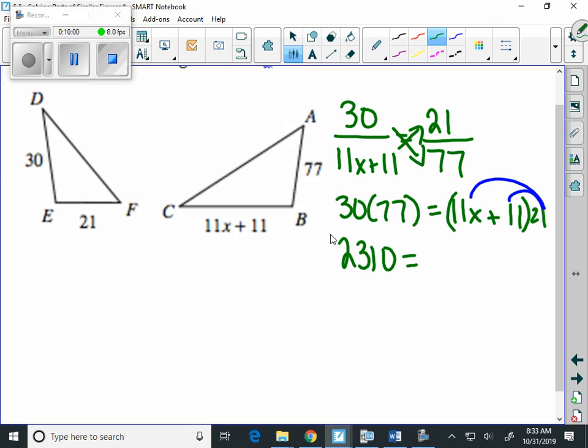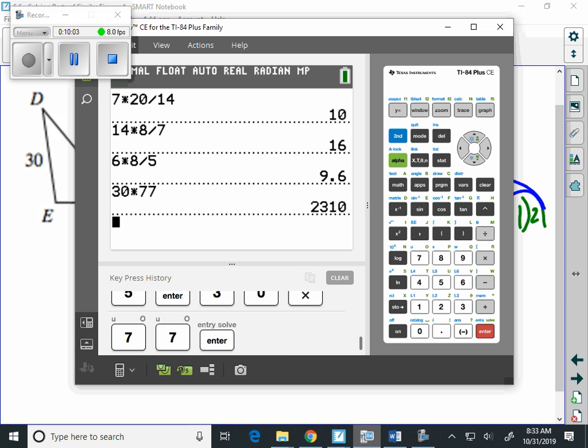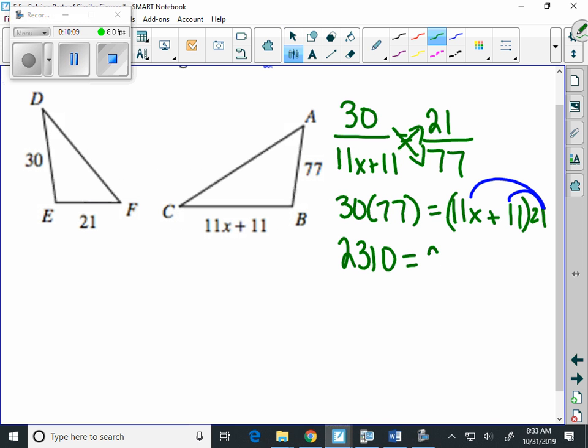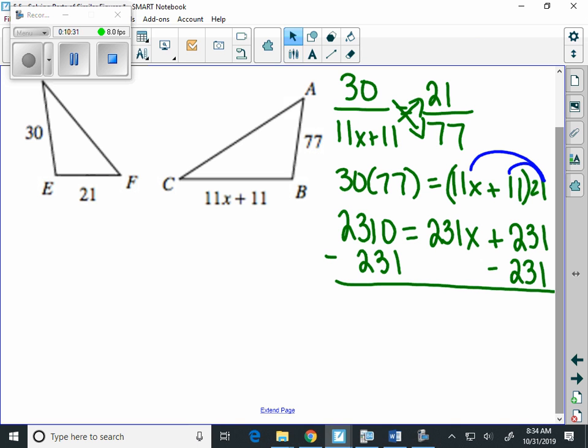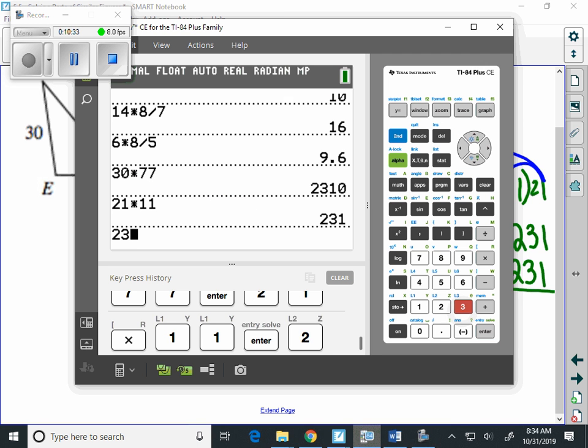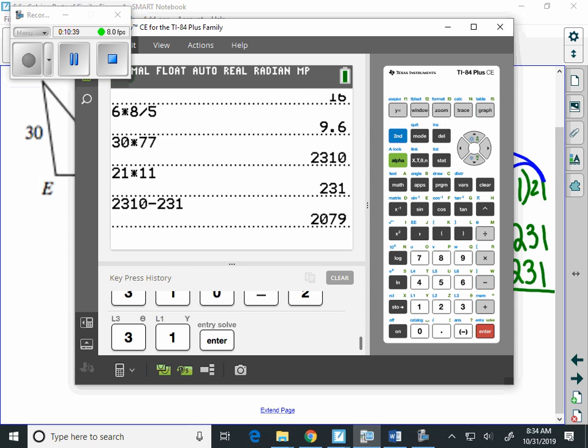So we're going to have 21 times 11x, well, 21 times 11 is 231. So this is 231x plus 231. And again, what we want to do here is we want to solve for x. So we're going to get the x by itself by subtracting 231 from both sides. Then we've got 2,310 minus 231, which gives us 2,079,